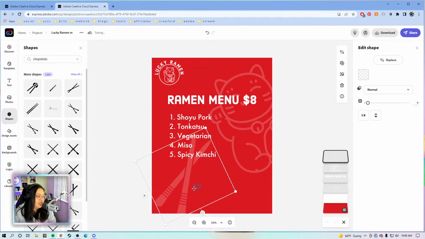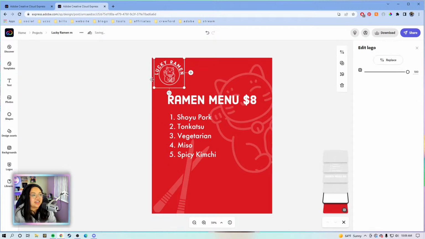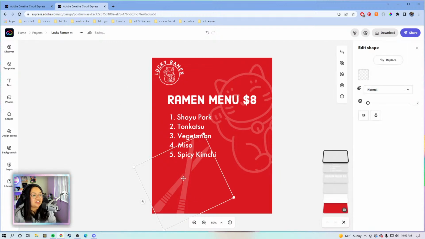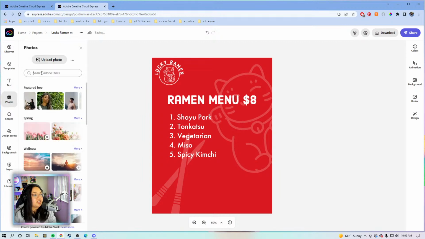Ooh, I really like the black stroke on the cat. Oh, yes, the black stroke on the cat is beautiful, especially in contrast with the red. I cannot edit my logo as if it's a design asset, but that's what I should have done. I should have made a black version of the logo. Noted for next class. Okay, so we have this, and now we're going to go into photos, actually, and